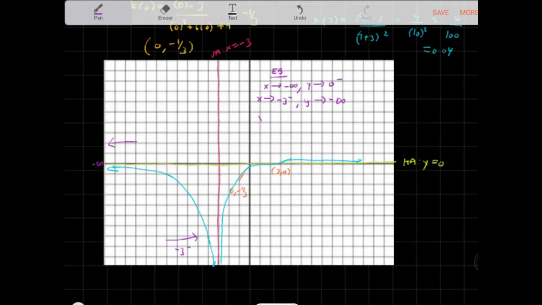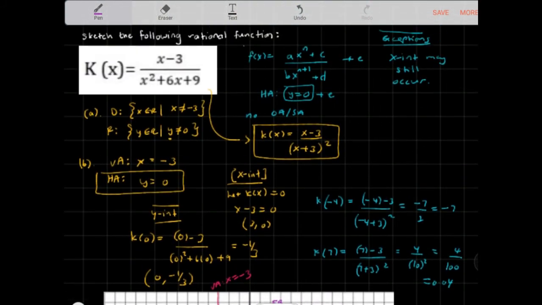So x approaches -3 from the right side. If we approach the vertical asymptote from the right here, you can see that the function also approaches -infinity, and as x approaches positive infinity, as it crosses the x-intercept, you can see that y will approach 0 from above. So this is very important to understand for the end behaviors, and this is what the sketch looks like. Just make sure that you remember that there is an exception here, and that although you have a horizontal asymptote of y is equal to 0, you can still have x-intercepts that